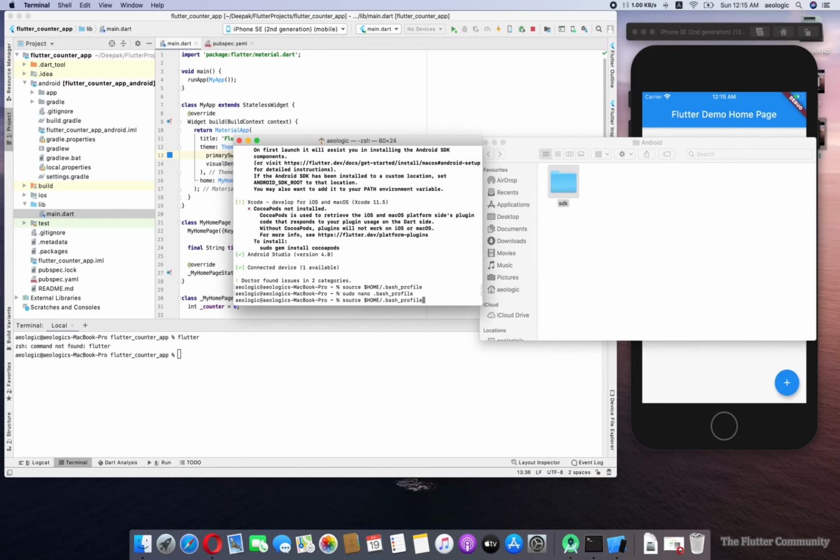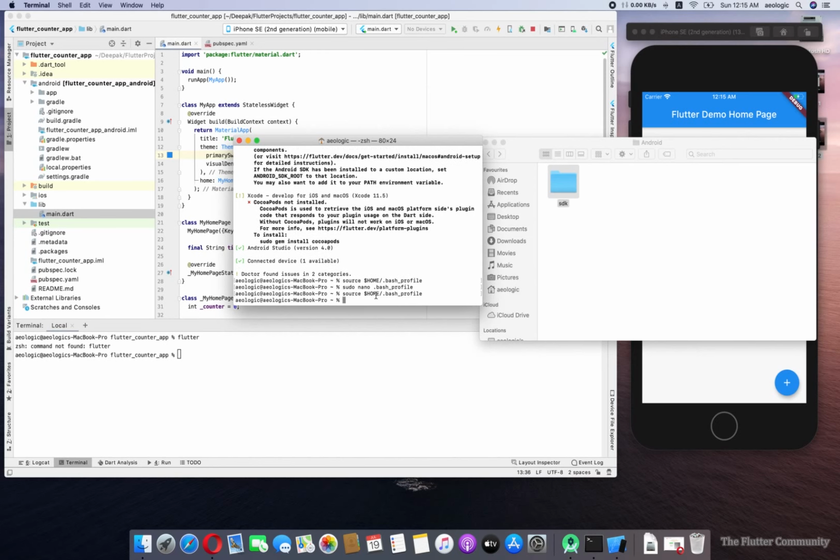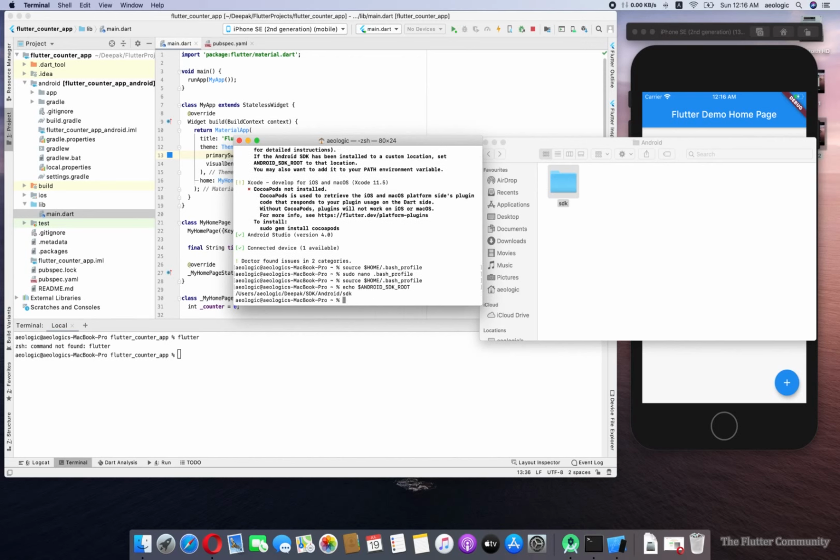Now the source command will refresh the whole path information to the operating system. And now let me check whether the path is written or not. For that, write the echo command, dollar, this one. Yeah, it's fine, it's working here.